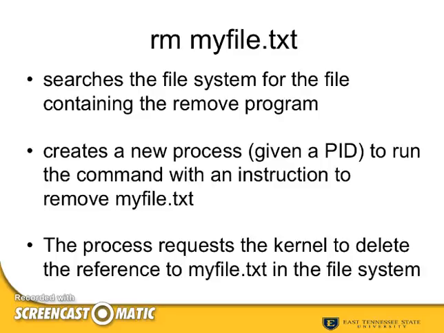The process requests the kernel to delete the reference to myfile.txt in the file system. Once the process is complete, the system is ready for the next command line, and the PID is no longer assigned to the process. Note that in this case, the process was initiated by the command line, but processes can also be initialized via a graphical interface. There are 3 commands that can be used for viewing a file in a Linux terminal: cat,